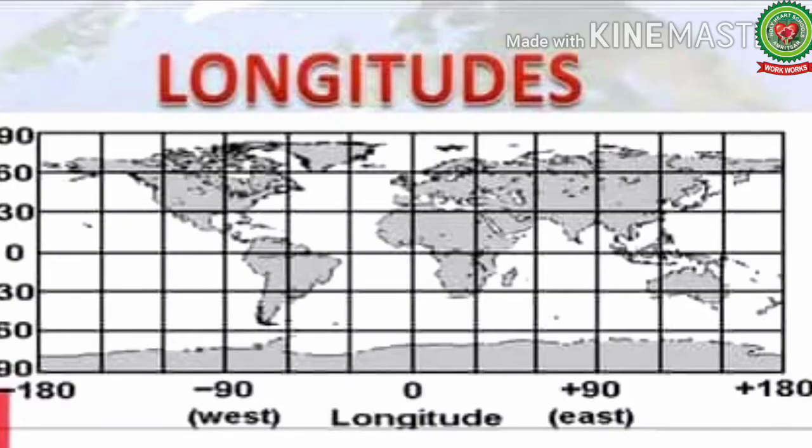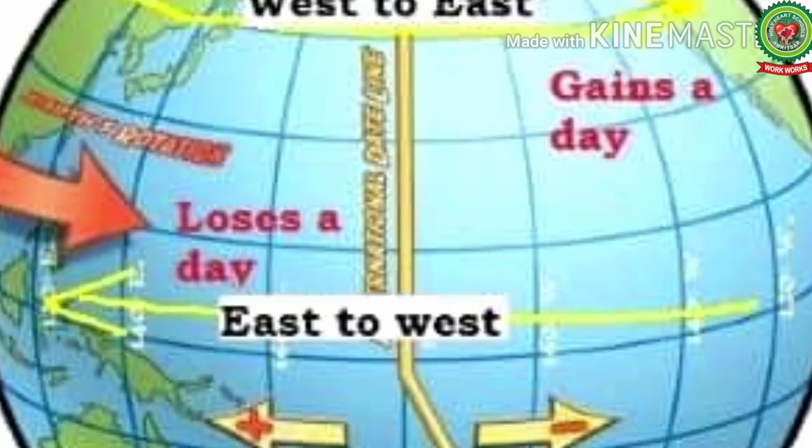Suppose we start traveling from 0 degree meridian westward. On reaching 180 degree west, the time is decreased by 12 hours. Hence, at 180 degree east, the time is increased by 12 hours. The difference of 12 hours each way adds up to the difference of 24 hours or full day at the 180 degree meridian. On the eastern side we are gaining the day and on the western side we are losing the day.